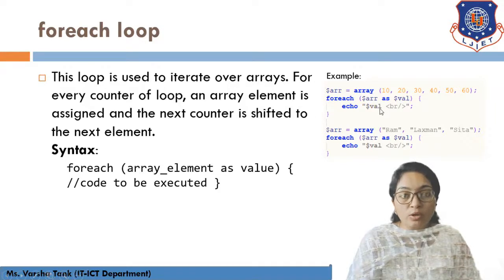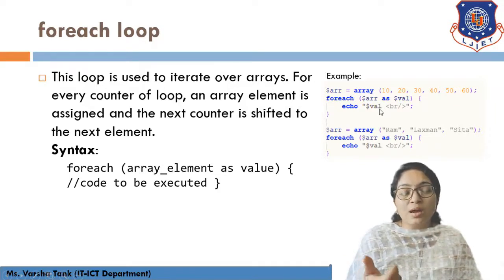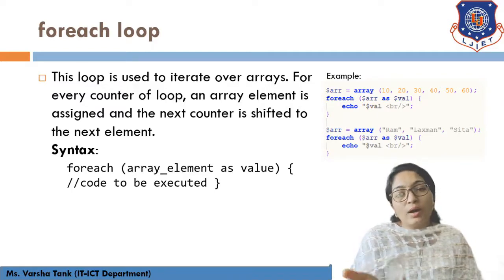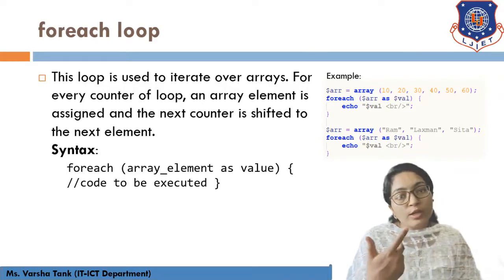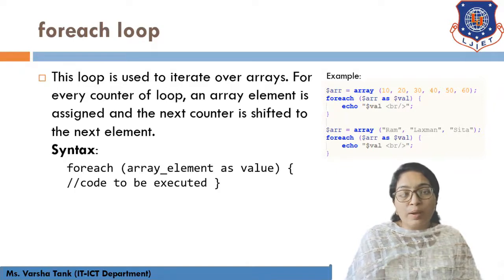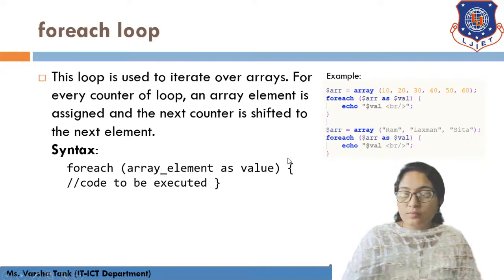Because here we do not know the exact count of the elements. In a for loop, you can use it only when you know the exact count. But you can use the foreach loop if you don't know in advance the exact count of how many times the loop is going to be executed. Okay, so $array is equal to array. Here this is a string array and again it is going to display these values. Now let's see the practical for this.